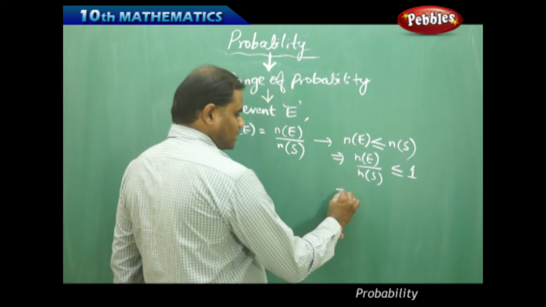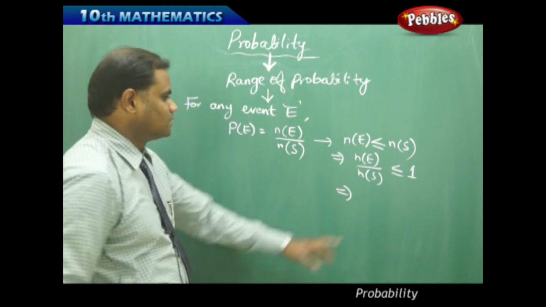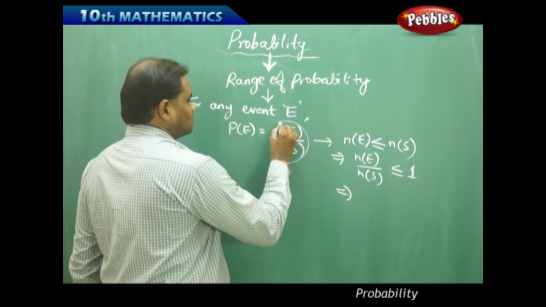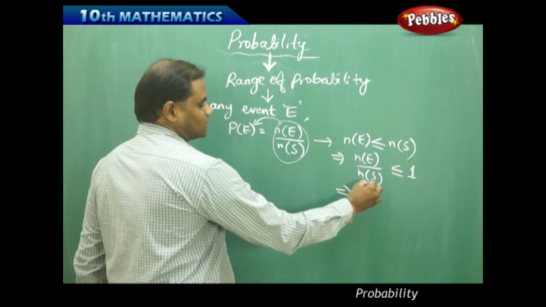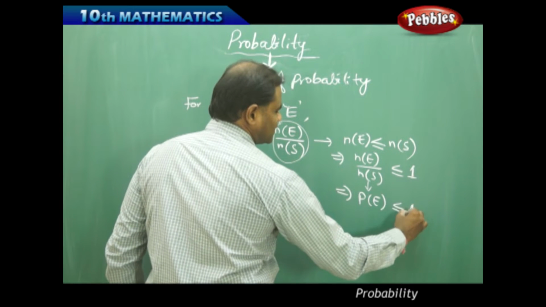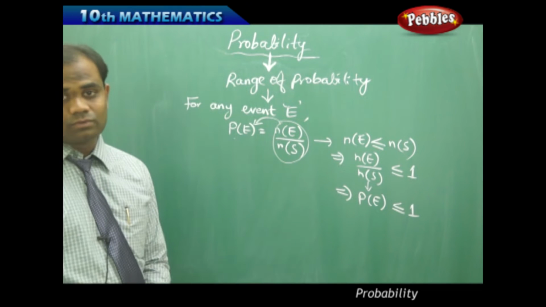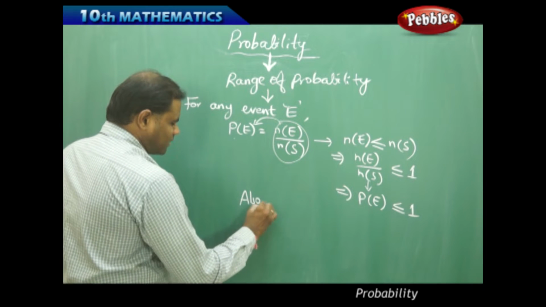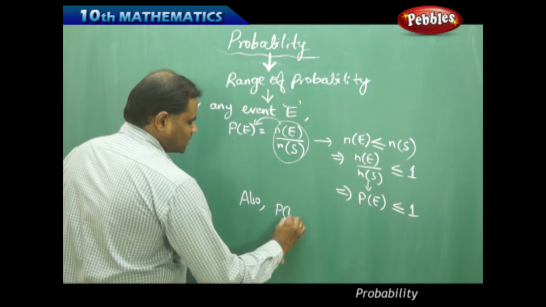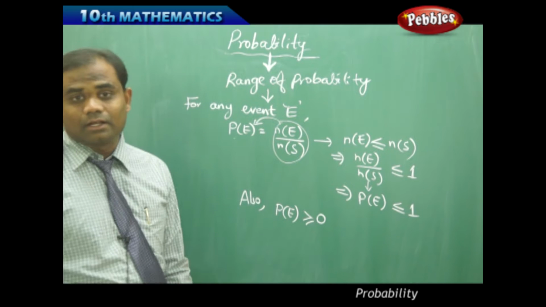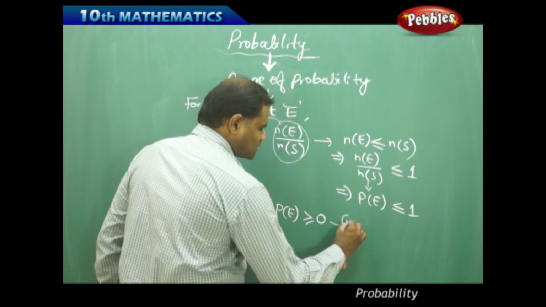That implies N(E) by N(S), which I brought to the left, is nothing but P(E), which I'm going to substitute in terms of this. So P(E) is always less than or equal to 1. Also, I identify that probability cannot be negative. So P(E) is greater than or equal to 0, since